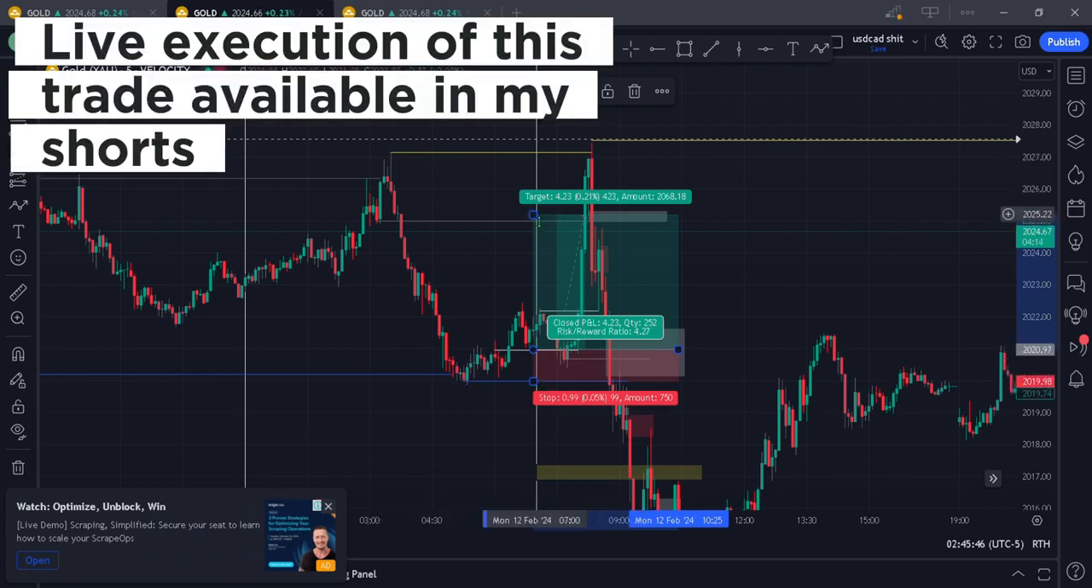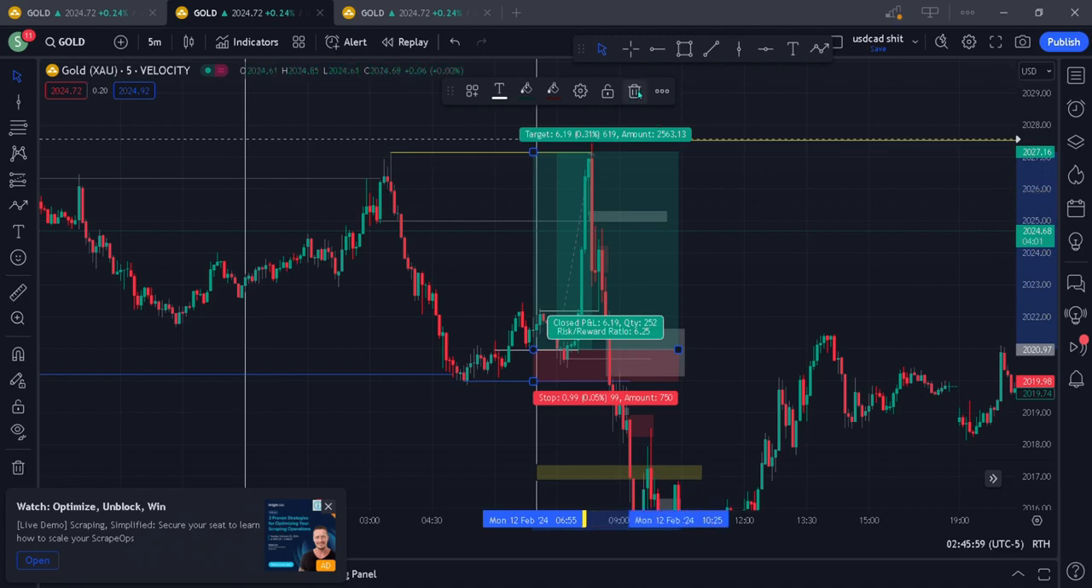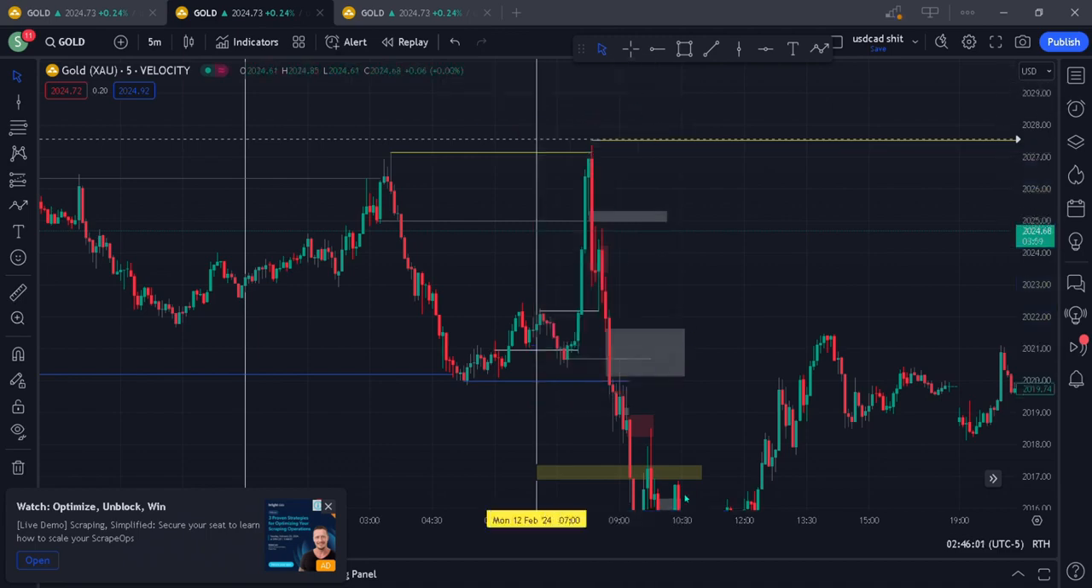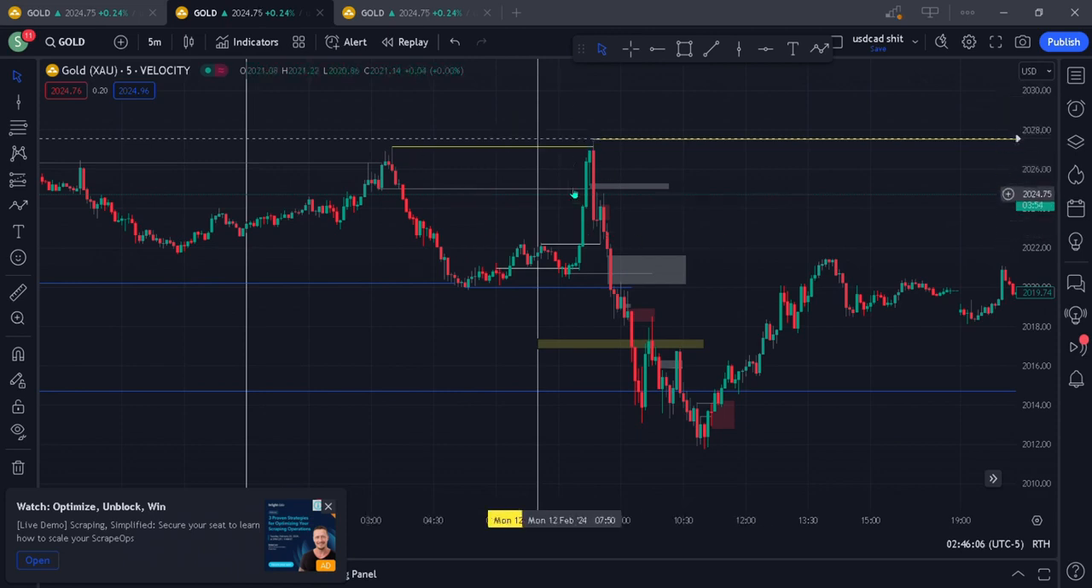Where are you aiming for? Your first aim should be here. You could have taken a partial there. Second one was going to be here, where the fair value gap is. Third one was going to be the high, which it hit perfectly. Your second move was going to be a short, going all the way down,